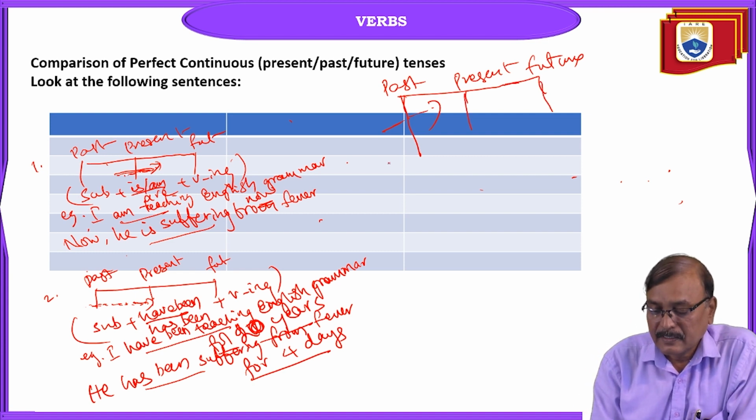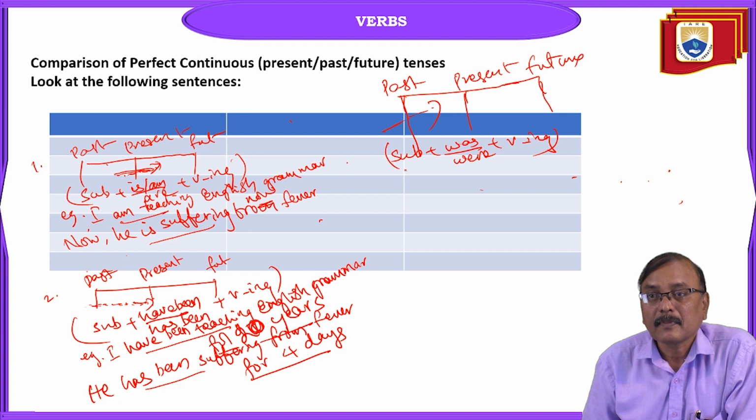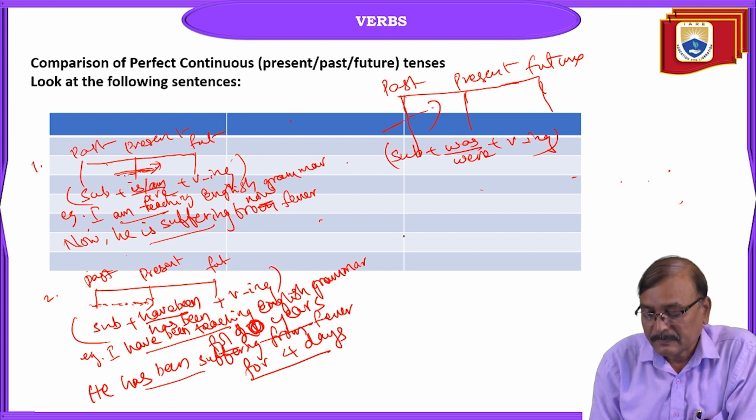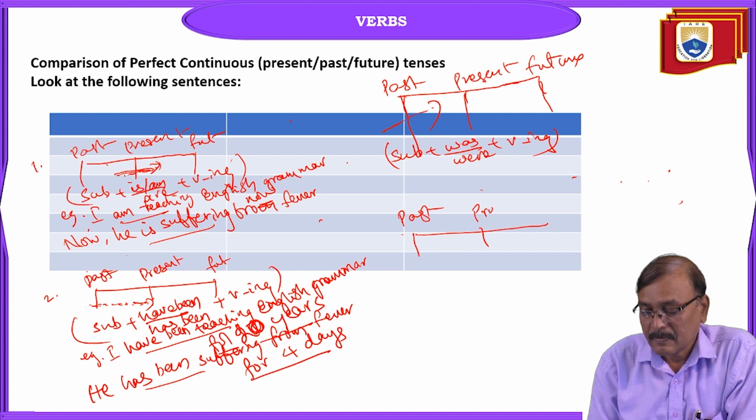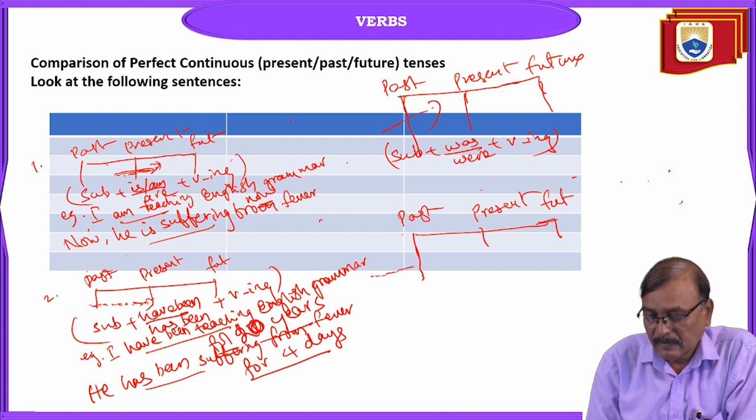This is subject plus was or were plus verb being form. And if it is like this,